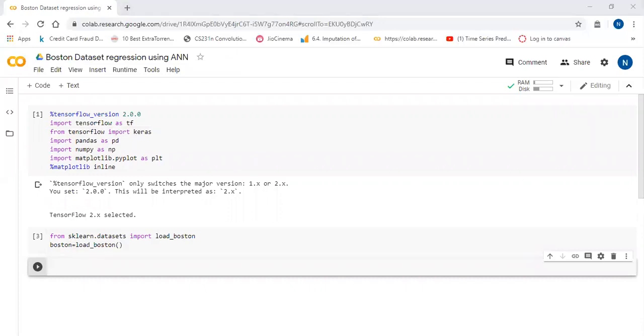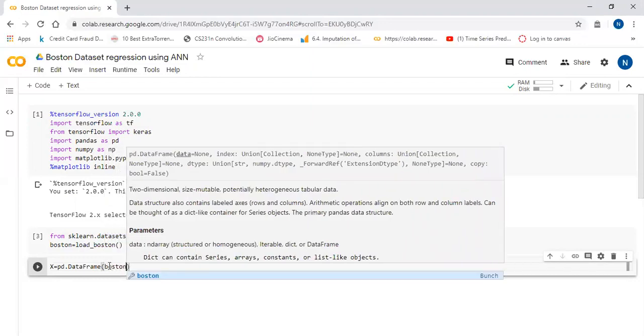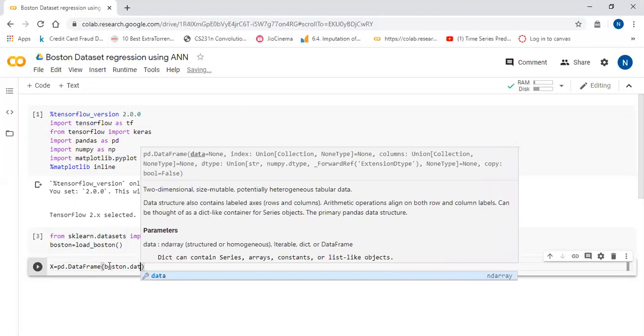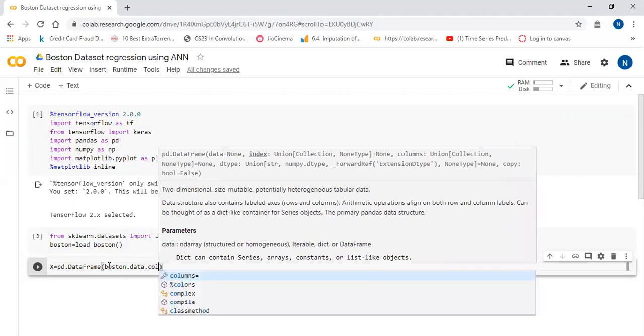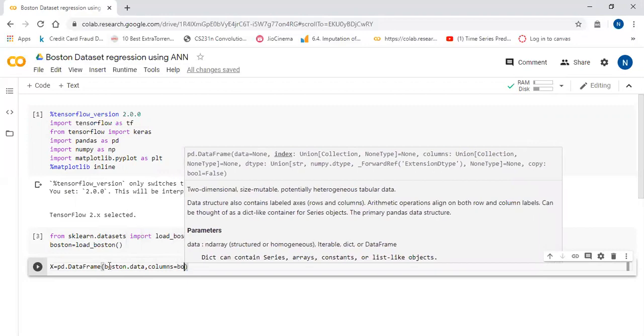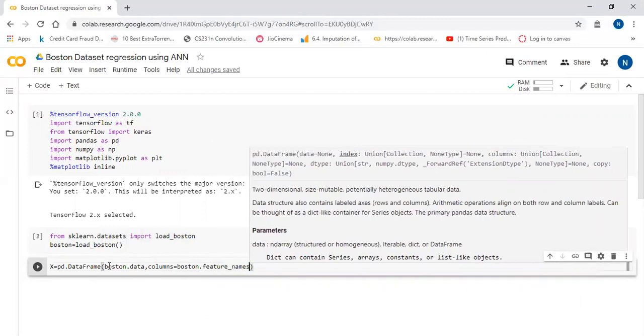So we are going to extract the features and the target label columns. I'm going to extract from that Boston object, X is equal to pd.DataFrame of Boston.data, and for the columns I'm going to extract Boston.feature_names.